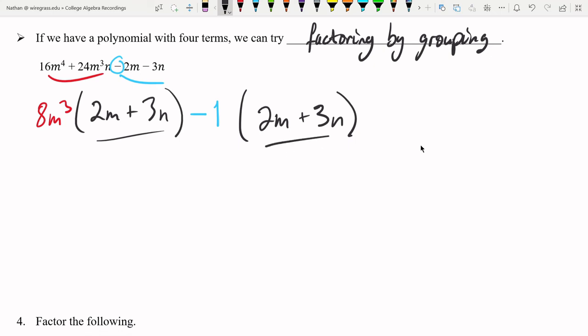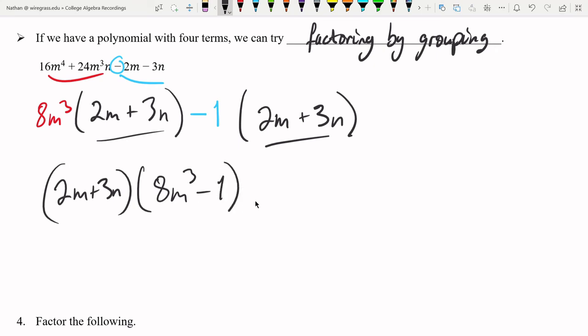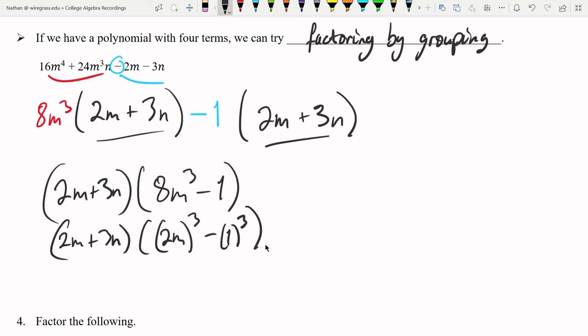And you can see I have the same thing. I can take out the 2m plus 3n. And I get remaining 8m cubed minus 1. Now, in this case, actually, I can continue because 8m cubed minus 1 is actually the same thing as 2m cubed minus 1 cubed. It's a difference of 2 cubes, which means I can factor that down into,